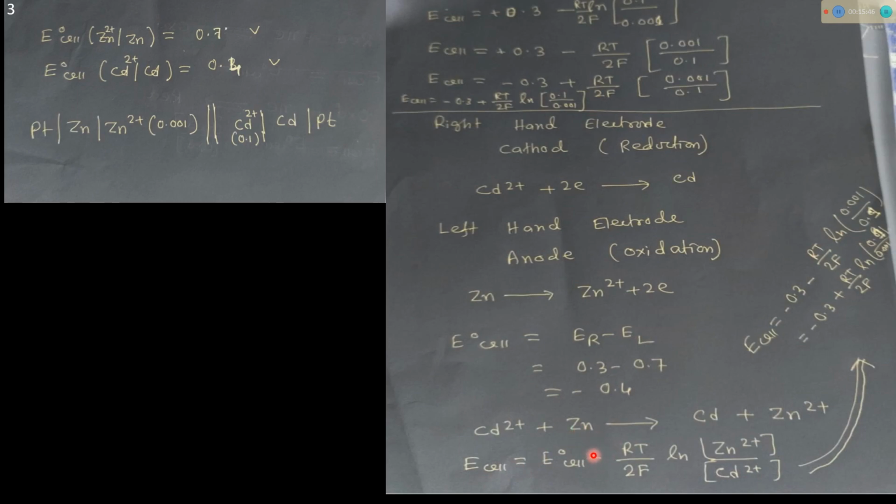If you have minus ln Zn2+ by cadmium 2+ and you write plus signs, then it becomes ln cadmium 2+ by Zn2+. Just this term changes position: Zn2+ goes below, cadmium 2+ goes up. This is the function of ln. So 2 questions from electrochemistry were asked, and those are very easy, straightforward questions. Next, move to the